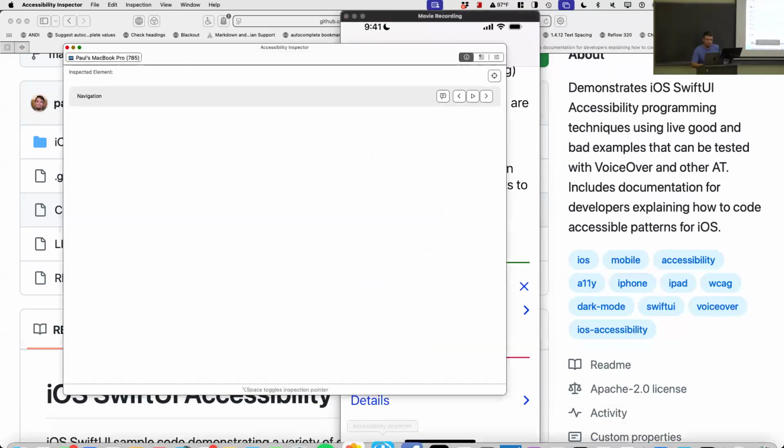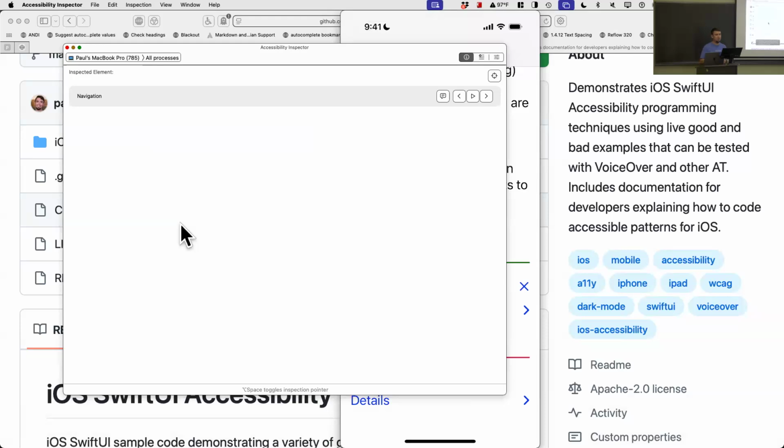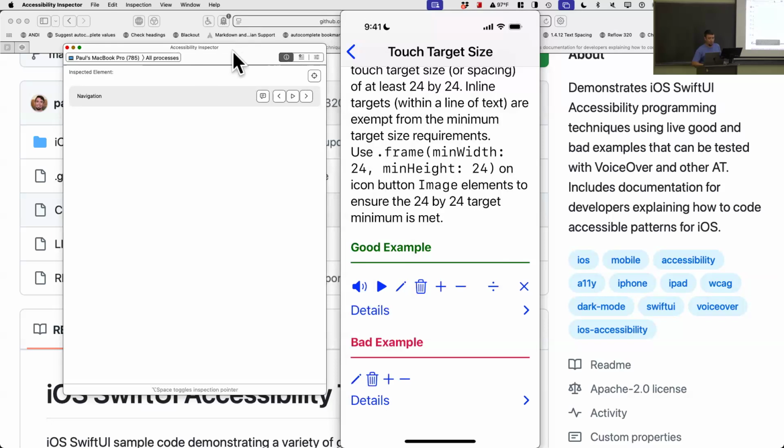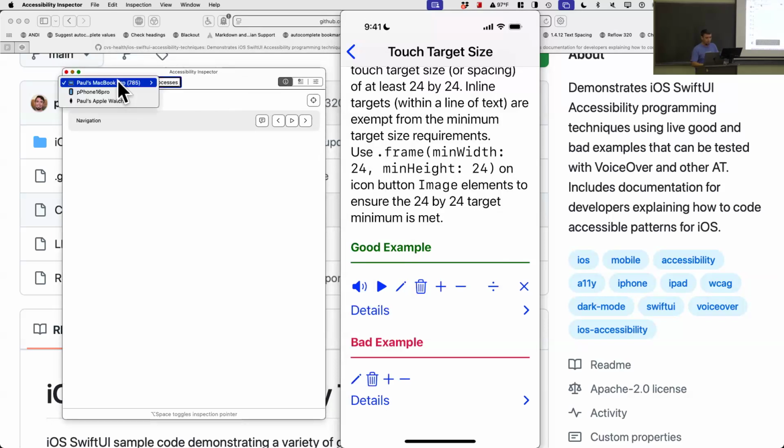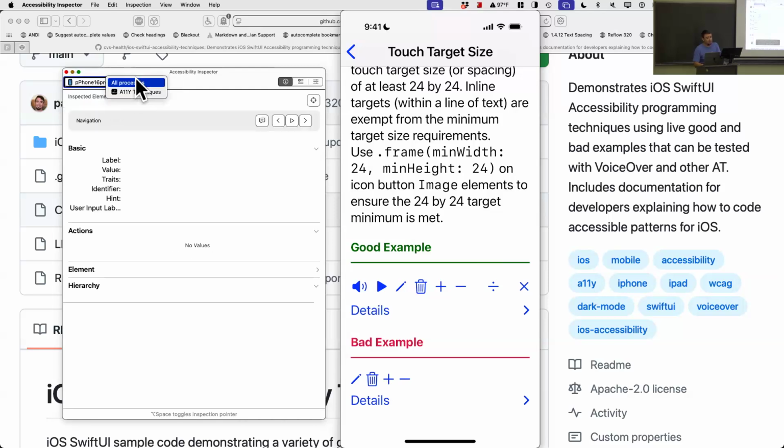And I think there's paid tools that kind of use the same rules as the Inspector, and some kind of write their own rules maybe. But this is a free tool. It comes with Xcode. So let's see here. What I do with the Inspector is select the target, which is my iPhone, and then select the process I want to test, which is the Alley Techniques app. And then